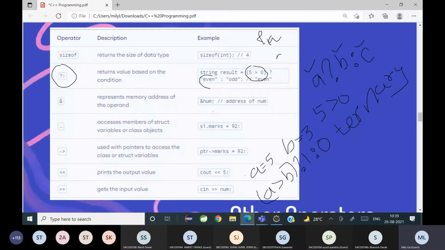Now, similarly you have a dot operator which is used in structure and union that we learn later. Then you have an arrow operator which is used for pointers. And you can see the double angle over here that's used as an extraction operator along with cout. And you have an insertion operator which is used along with cin. So these are the miscellaneous operators. Yes, dear. Ma'am, the last symbol is used as the input in Python. कौन से?